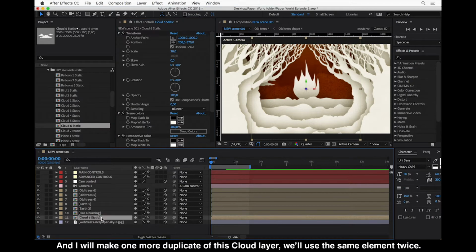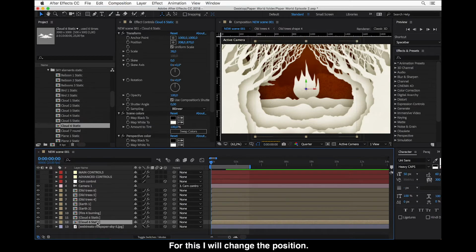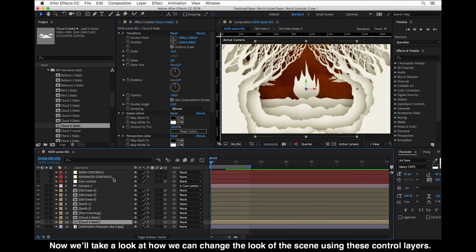And I will make one more duplicate of this cloud layer and use the same element twice, but for this one I will change the position. So now there are two elements of clouds, and one is left of the fire and the other one is right of the fire. Okay, so we have added now some elements into the scene, and now we'll take a look at how